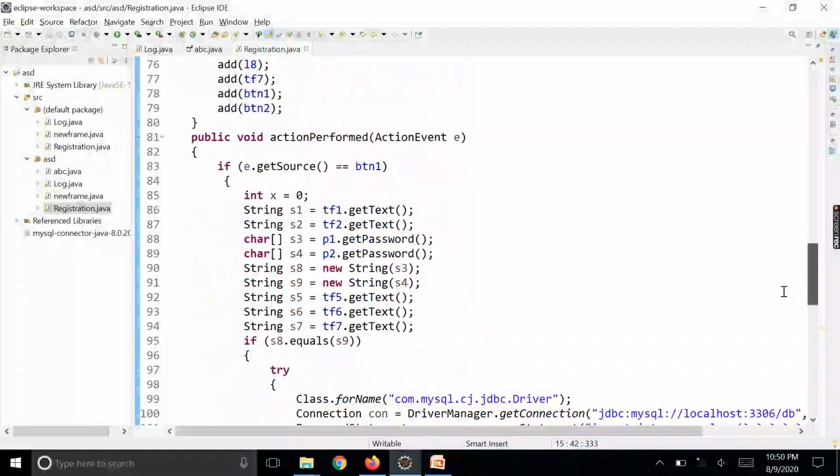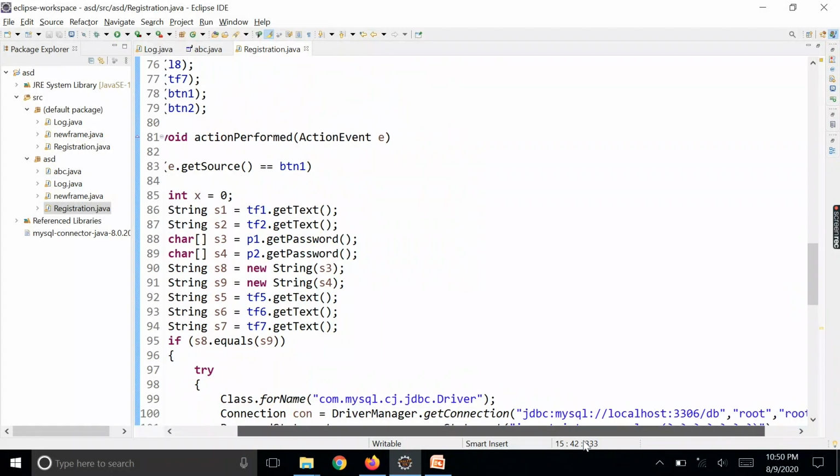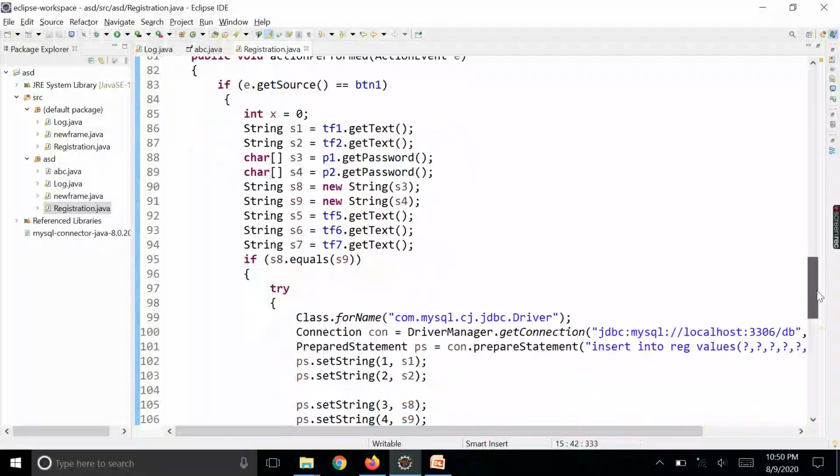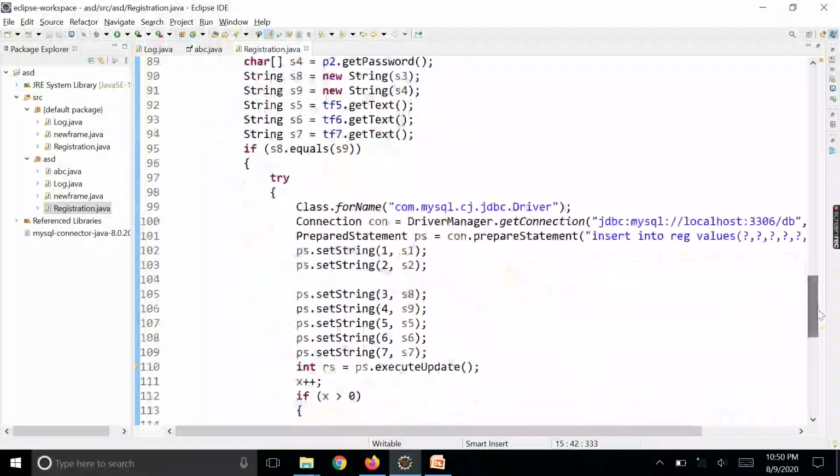This actionPerformed method is checked with the button. So whichever button you are clicking, it is storing all the values into strings because we are using the database for it. Whatever values s1 to s9 you are using are available in string form. And then we are using the Class.forName method.